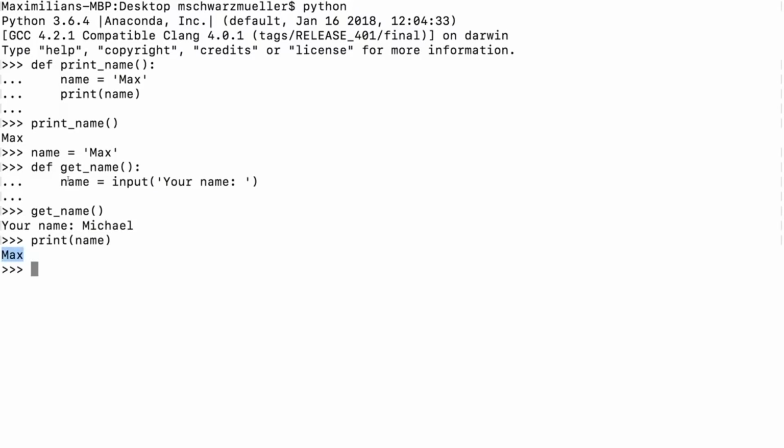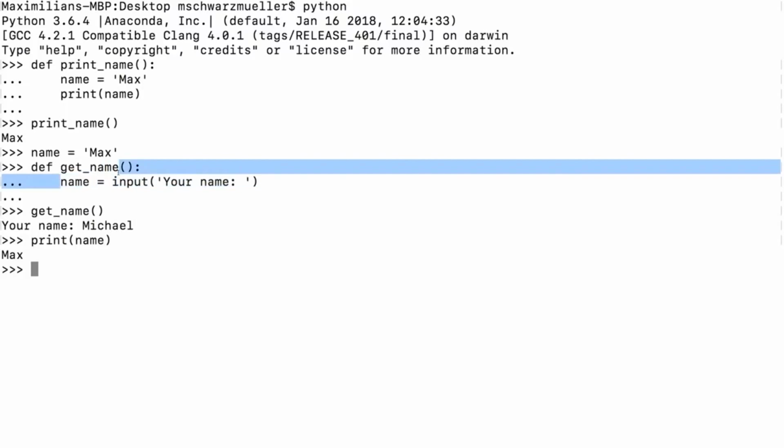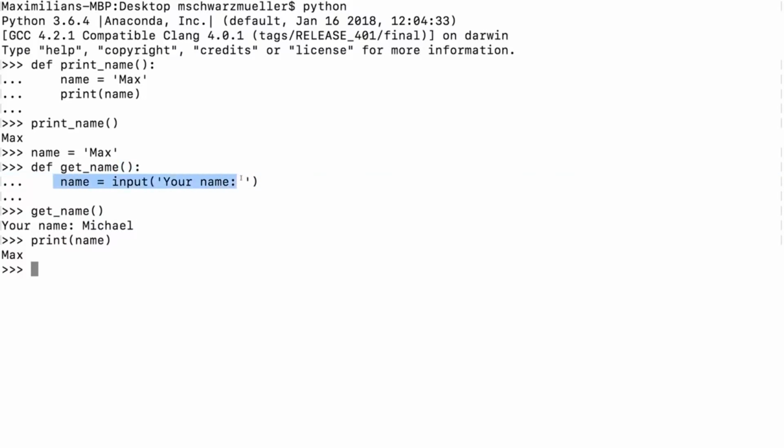The reason for that is that if you use a variable in a function and you assign a value to it, and that always happens if you use a single equal sign like this, so variable on the left and then equal sign and then whatever you want to store on the right. If you do that inside of a function, it will always by default create a new local variable. It will not store it in the global variable, even if such a variable with the same name exists.